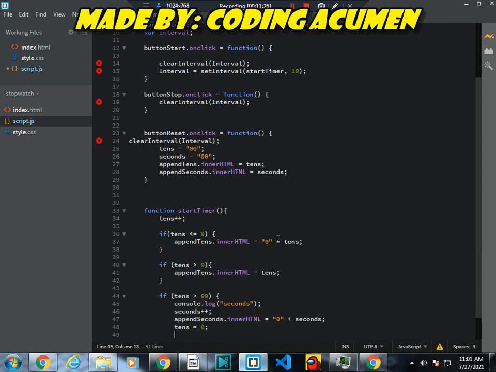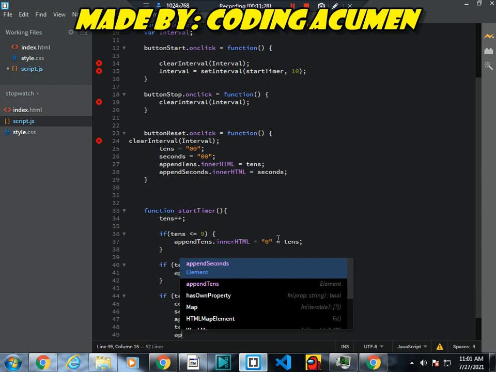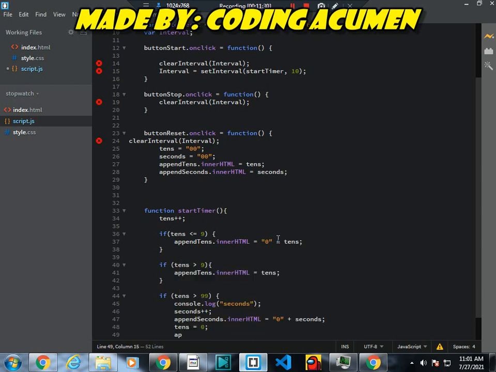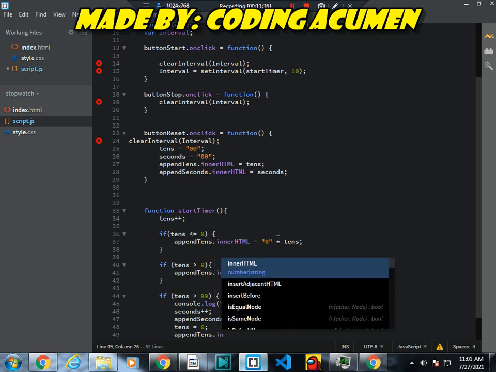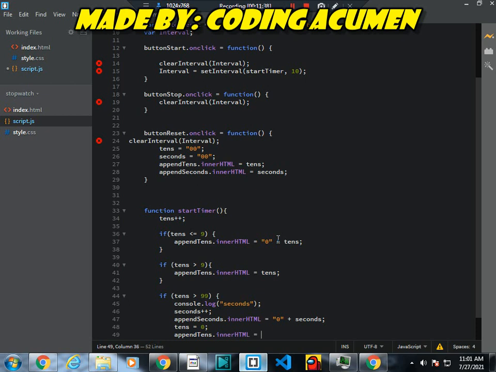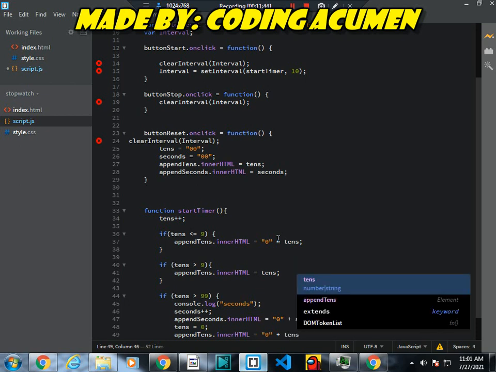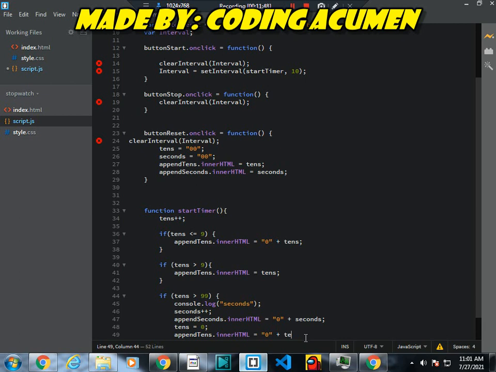After this I will write appendTens dot innerHTML equal to 0 plus 0.